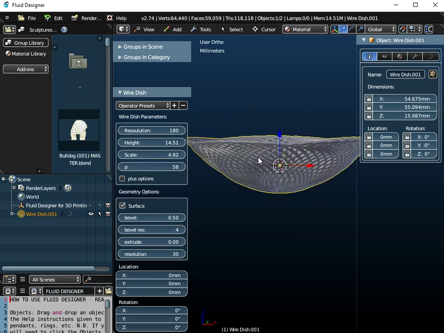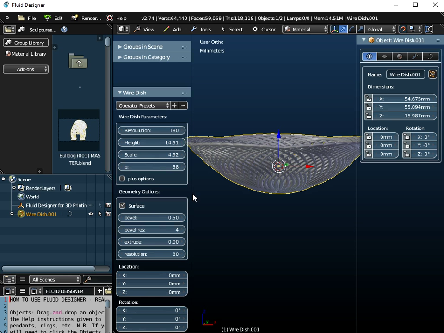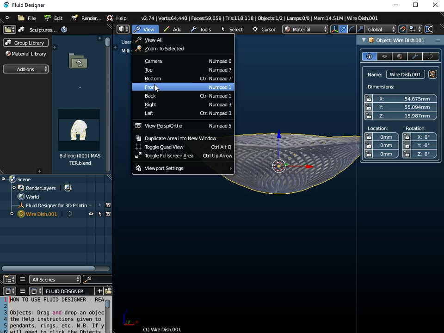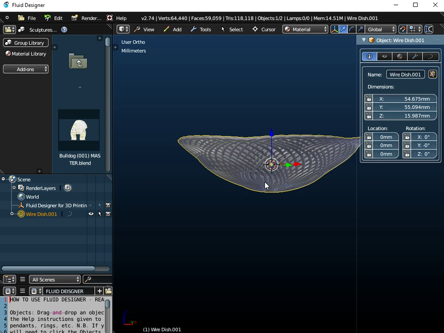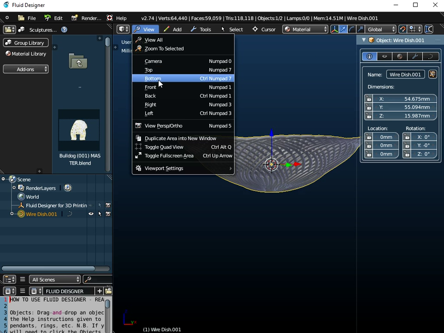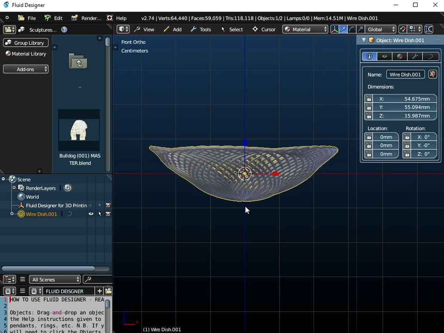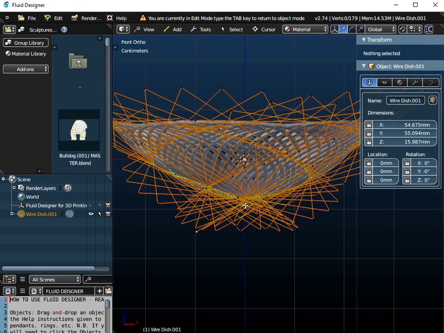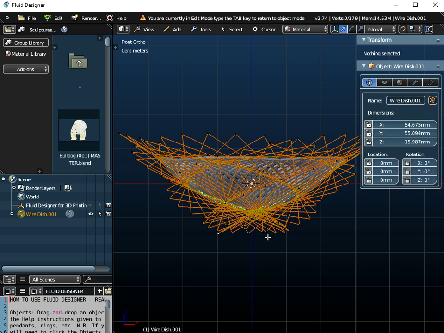Now once you've actually got something that you like, there's a number of things that you can do. We can pull that back, for example, and if we go to view and front view, I'm just panning it across. If I press the tab key on the keyboard to go into edit mode, what you see there are the